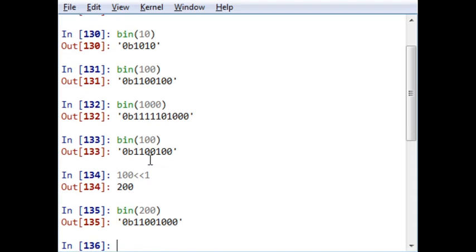See, I have just shifted this particular one towards the left side, and the whole number will change. I hope you are getting it.